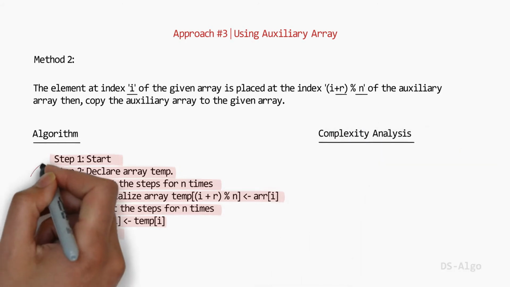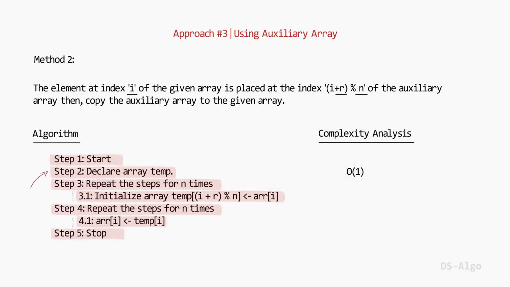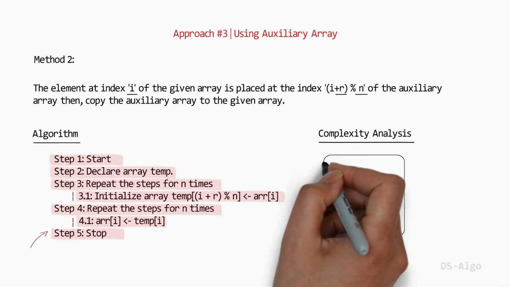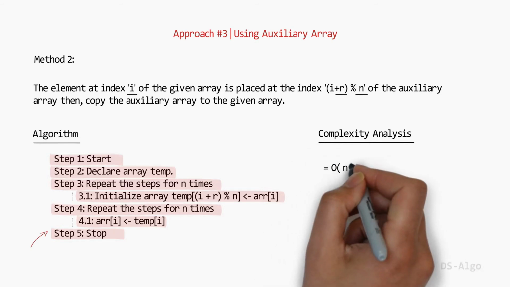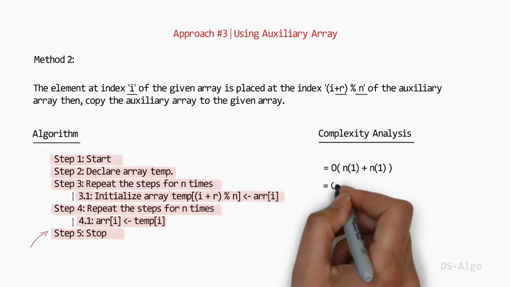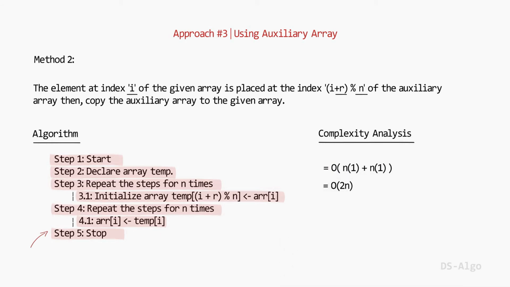Let's find the time complexity of this algorithm. First of all, we analyze the time complexity of each step and add them together to get the final time complexity. Let's combine these individual steps of the time complexity together to find the algorithm time complexity. Since 2 is a constant, dropping it, big O of n is the time complexity of this algorithm.